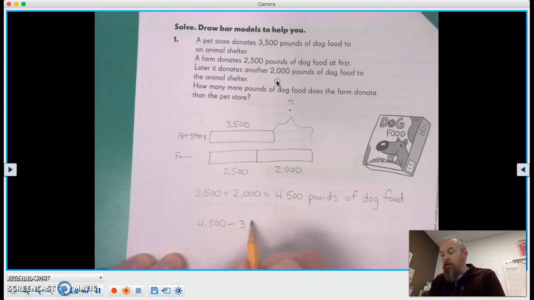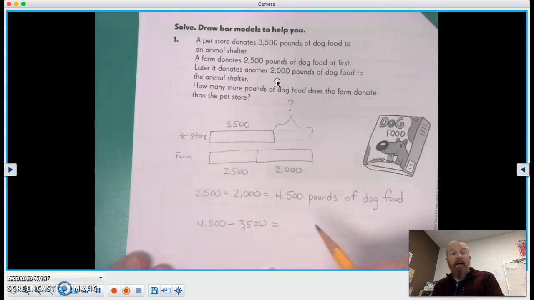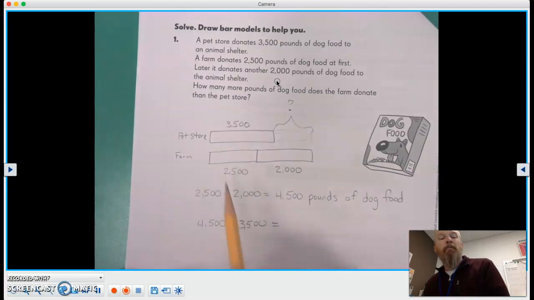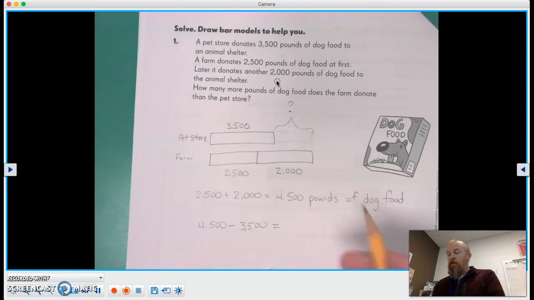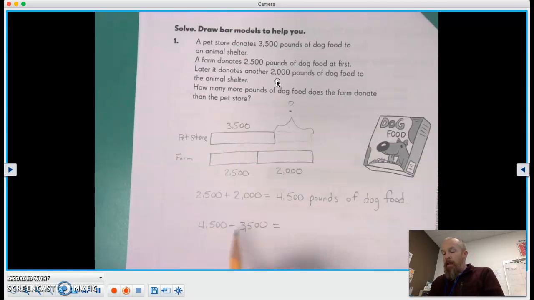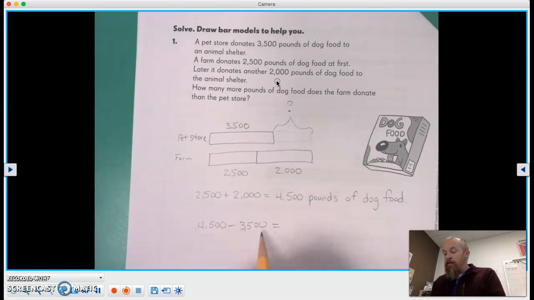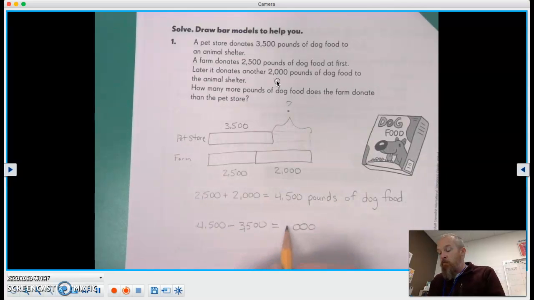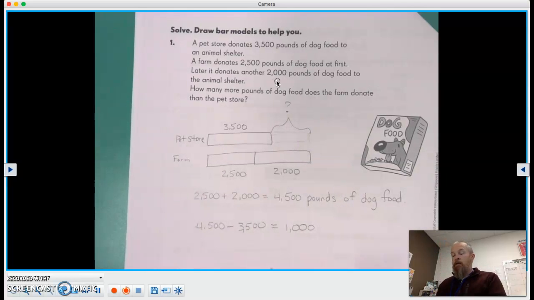So basically we're comparing those two, and we know that they're not equal. We know that the farm has a greater amount than the pet store. So we're going to compare them, and we now know that 0 and 0, 5 minus 5 is also 0, and 4 minus 3 is 1. Okay, so